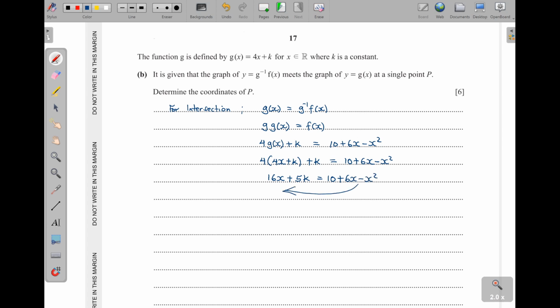Bring everything this side so that we get a quadratic from here. X squared will now be positive. Then this one will become a minus. So 16x minus 6x, that one will give us 10x. And then we have this 5k minus the 10. So 5k minus 10, which is equal to 0. Then from there, for a repeated root,